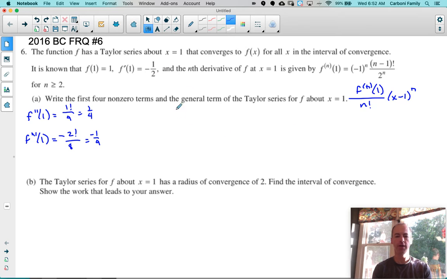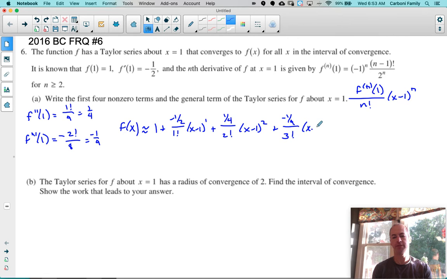So my first 4 terms. And it also asks for the general term, so make sure you put that in there. So f of x, and don't write equals because a Taylor series is an approximation, although since we're including the general term, I guess we could say equals. Anyway, it would be f of 1 plus f prime of 1 over 1 factorial times x minus 1 to the first power plus f double prime of 1 over 2 factorial times x minus 1 squared plus f triple prime of 1 over 3 factorial times x minus 1 cubed plus,